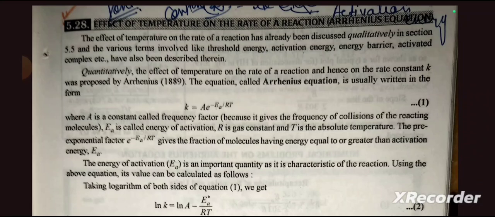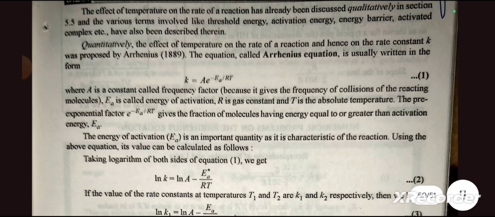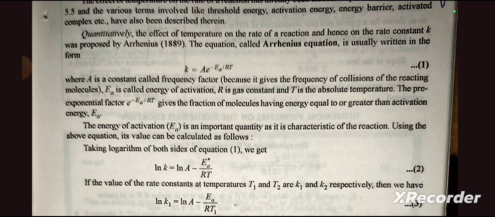5.28. Effect of temperature on the rate of reaction, Arrhenius equation. The effect of temperature on the rate of reaction has already been discussed qualitatively in section 5.5, and the various terms involved, like threshold energy, activation energy, energy barrier, activated complex, etc. have also been derived therein. Quantitatively, the effect of temperature on the rate of reaction and hence the rate constant k was proposed by Arrhenius